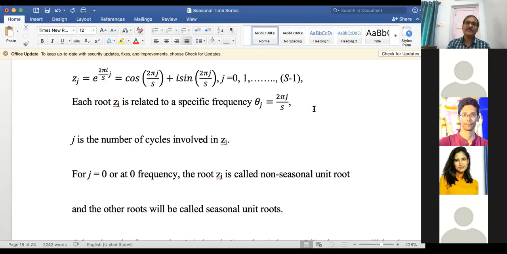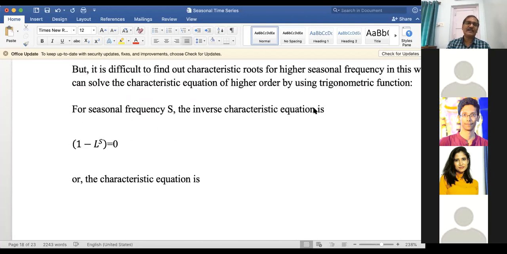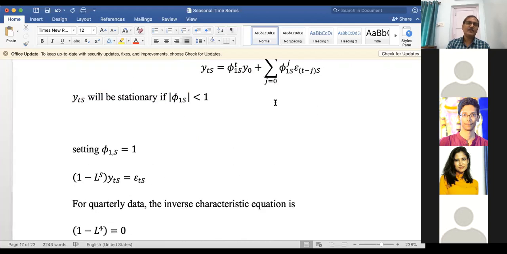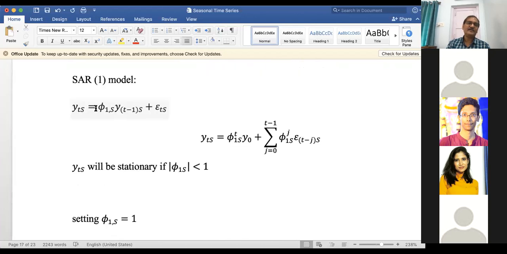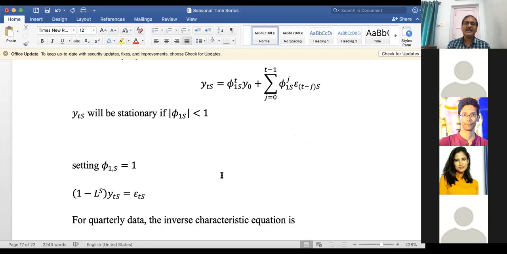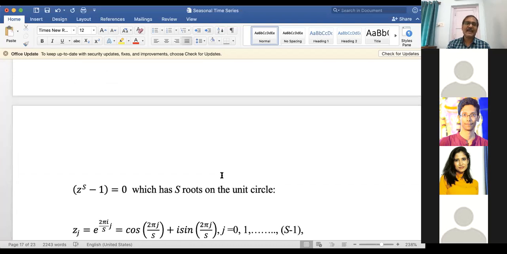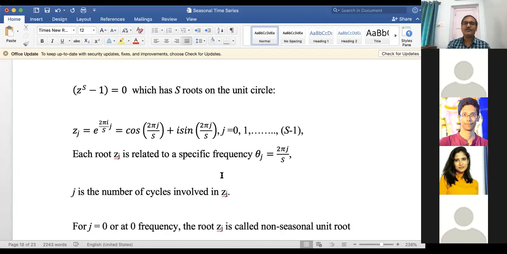Now here, try to remember, we are considering the seasonal part only in expressing the autoregressive form. Just look at this. We have ignored the part phi 1 yt minus 1 as we have considered in our earlier discussion. So we have started with the seasonal autoregressive part by considering the seasonal part only. So even if we consider the seasonal part only, when we are trying to find out the unit root, we have different possibilities. One possibility appears by setting j equal to 0 for any frequency.